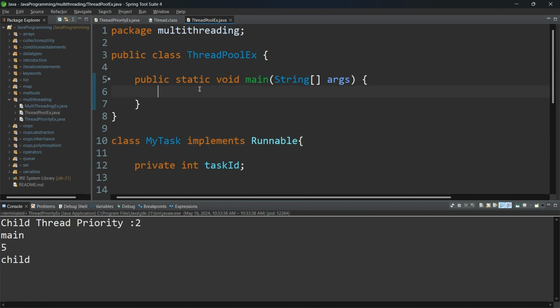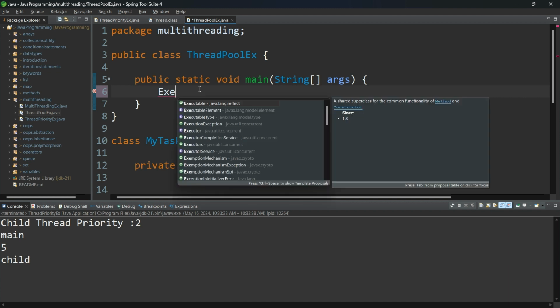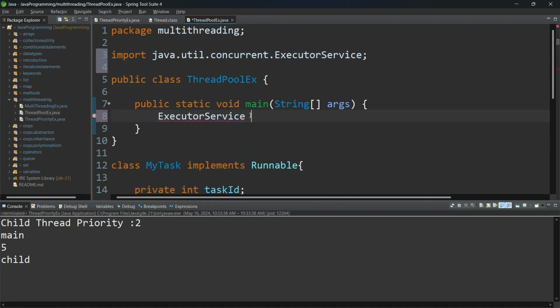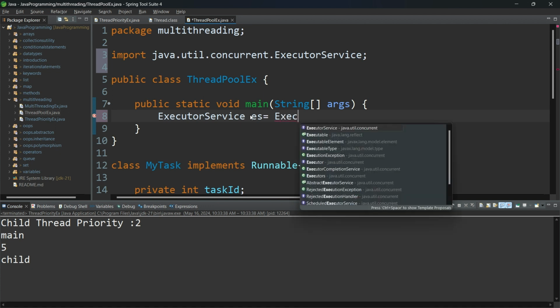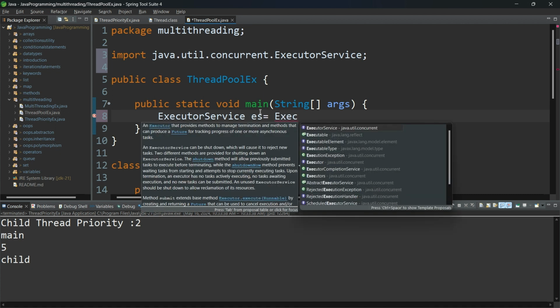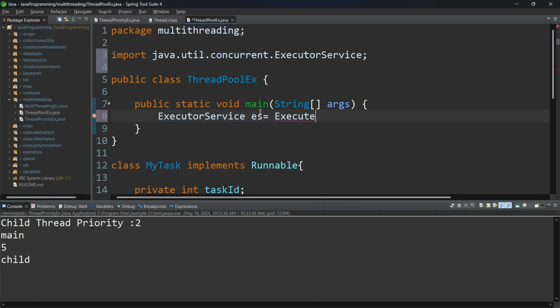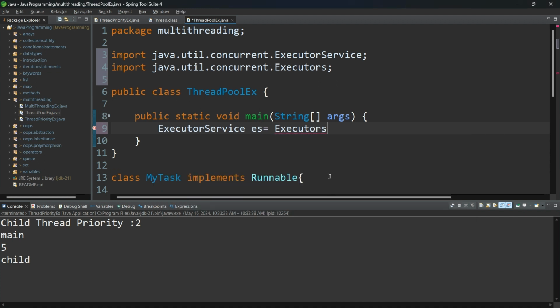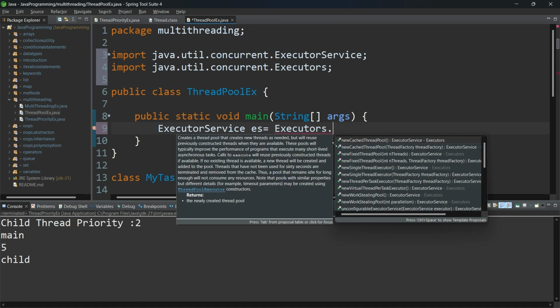How can we do that? By using ExecutorService. ExecutorService is from the java.util.concurrent package. So we have Executors, yeah, this one. Executors dot